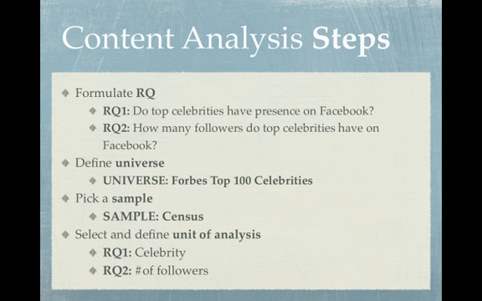So a good way to get a list of the top celebrities is the Forbes 100 celebrities. And since it has only 100 celebrities, the sample could be a census. But also, if, for example, you have a large sample of news articles or TV ads or TV reports, any type of large sample of content, you can also systematically select a smaller subset of the universe and analyze that. And usually, random sampling techniques are conducted.